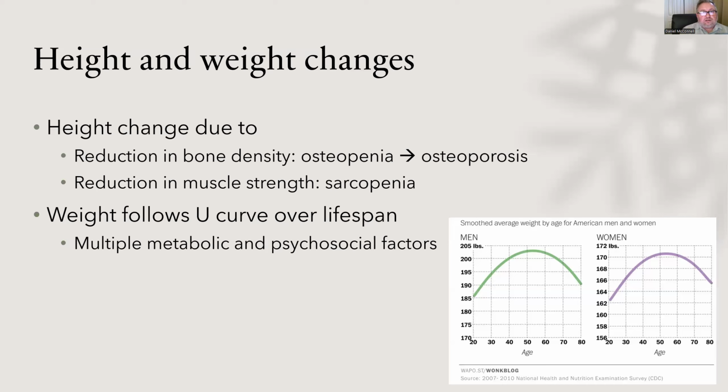Weight tends to change across the lifespan. Here we see these inverted U-shaped curves, where weight tends to peak. We gain weight, right? Throughout our early to mid-adulthood years, peaking somewhere in the 50s, and then it starts to drop off afterwards, right? And people start to lose weight as they get older. What's going on here? Well, it's a classic example of a multifactorial thing, right? So there's a lot of metabolic changes happening here. Some of it can be due to sarcopenia, actually.